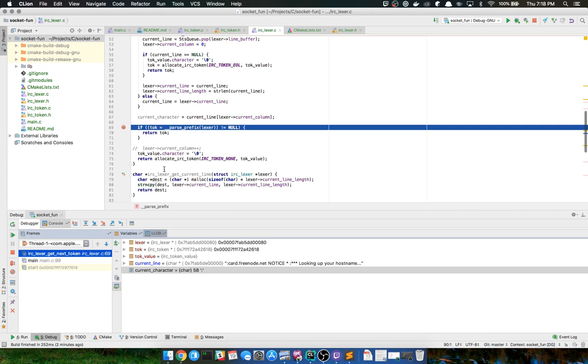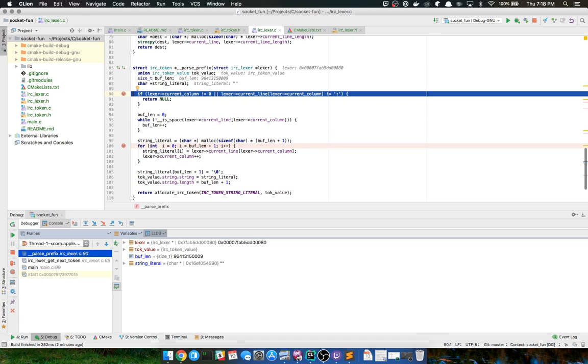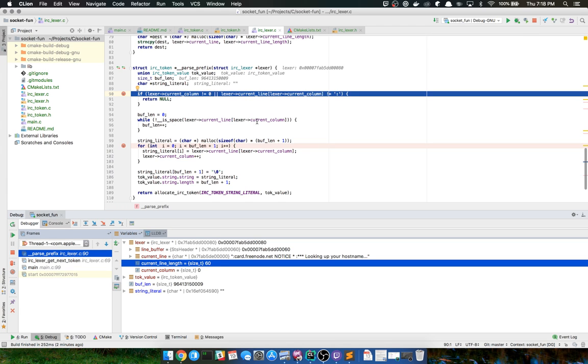So we get into this function. String literal set to nothing. Buffer length is set to everything. Token value, we have some arbitrary memory spot. So the lexer current line length is 60.